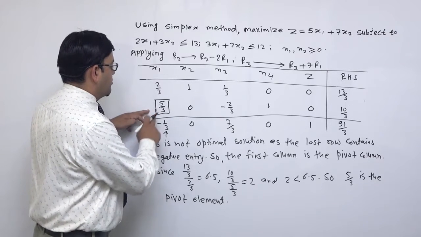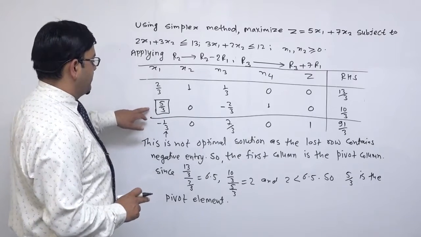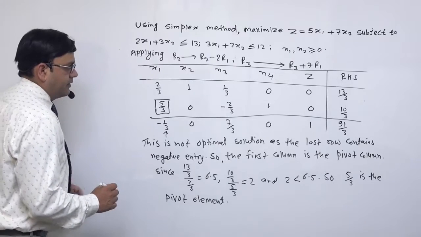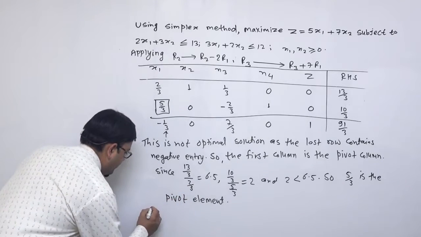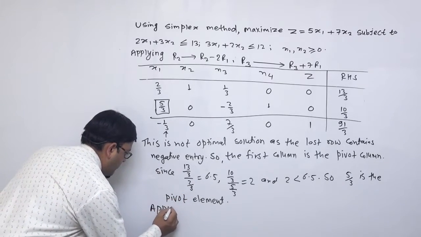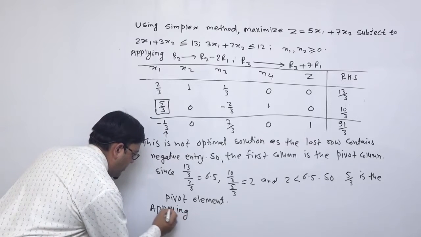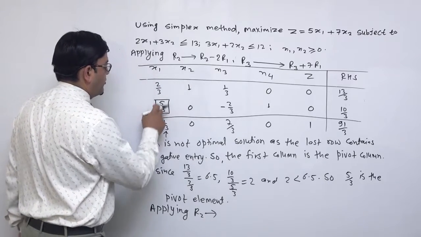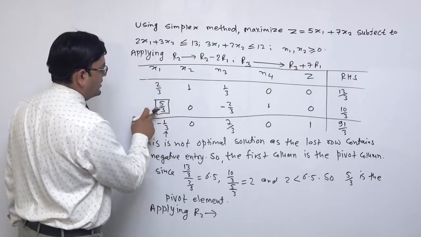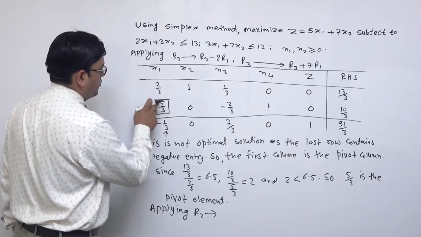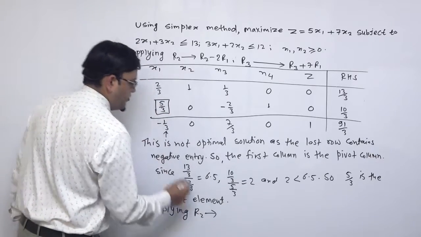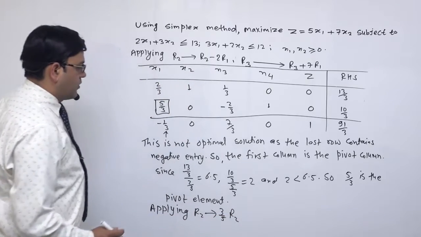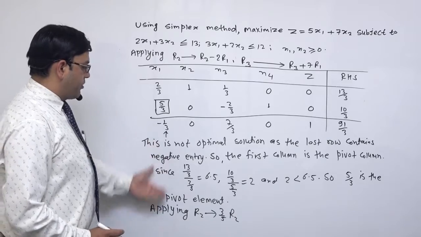R2 change into 3/5 R2 भन्नु पर्ने हुन्छ, so applying R2 change into, यसलाई 1 बनाउनको लागि 3/5 भयो भने 3 र 5 बोथ क्यान्सल गर्नको लागि माथि 3 तल 5 चाहिन्छ, so R2 change into 3/5 R2 नै भन्छौँ हामी। अब यस अनुसारको टेबल बनाऊ हामी। यसको लागि ड्रप गरेर यहाँ टेबल